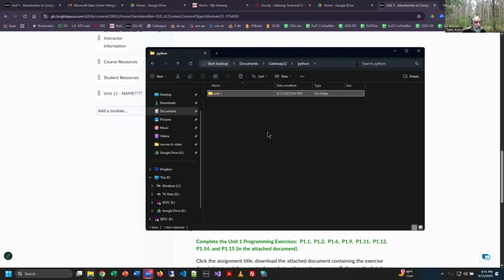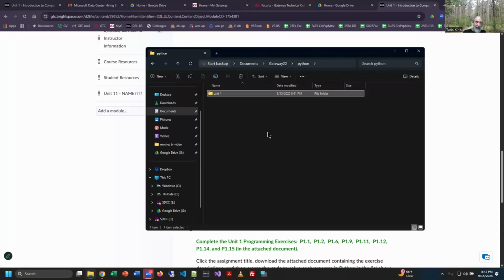Another really good strategy is to use cloud storage. If you're using a Windows or a Macintosh machine and you throw stuff either on your desktop or your documents folder, those will automatically sync on a Windows machine to OneDrive. On a Macintosh, it'll sync to iCloud automatically. I choose on my personal machines not to do that, right? That's a personal choice. So I kind of circumvent what Windows 11 and 10 does, but